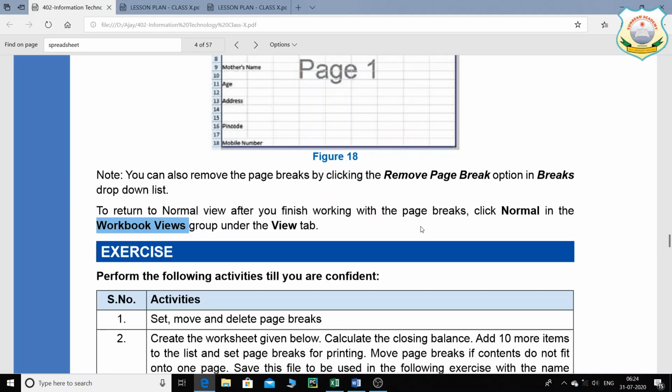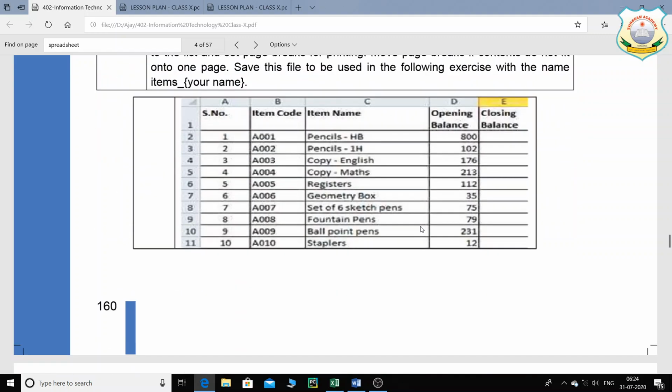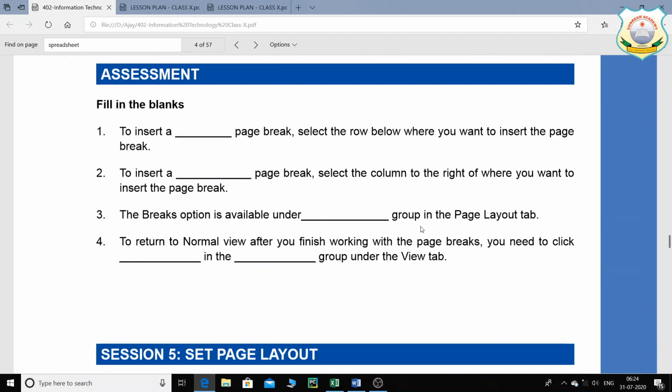Now children, please understand that for the UT exam as well, we have the same kind of exercises, that is fill in the blanks. Most of them are fill in the blanks. Your exam will be MCQ based. So children, you have to go through all the fill in the blanks in the chapter on word processing. That is something that we have done before, and it is very easy to find all the answers. So please do your fill in the blanks thoroughly, and also try to go through the chapter as well. But yes, the exercise part, children, do it thoroughly.